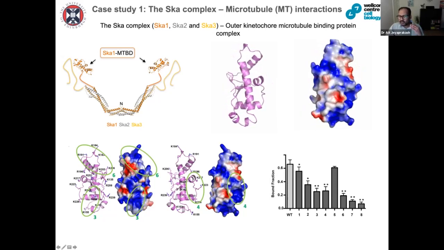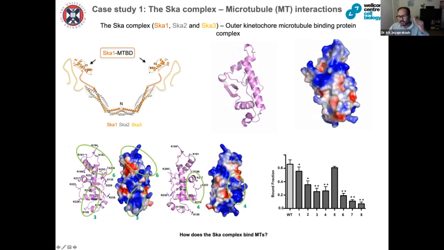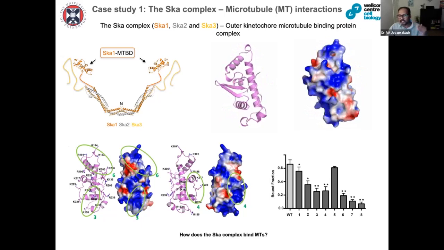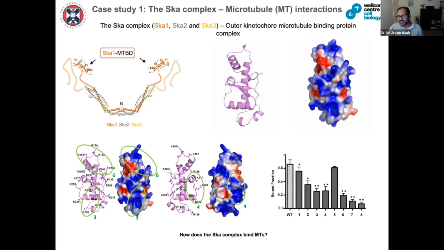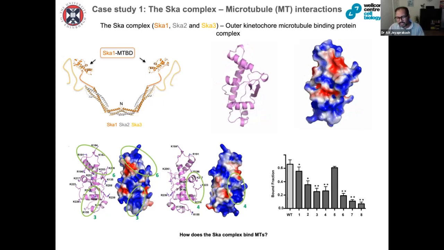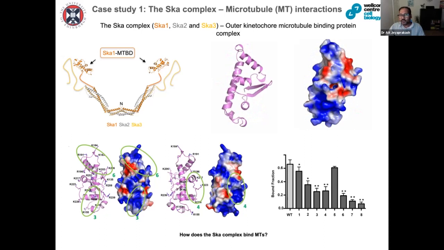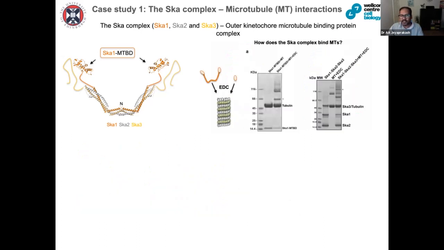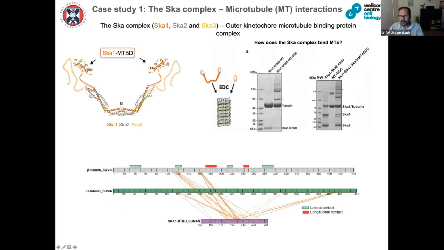But what regions of the alpha and beta tubulin or the microtubules are recognized by the SCAR complex? To address this question, we collaborated with Yuri Rapsenberg's lab, and we carried out two separate cross-linking experiments, where we cross-linked the entire SCAR complex with microtubules and then just the SCAR1 microtubule binding domain with microtubules. We analyzed the cross-linked product by mass spectrometry